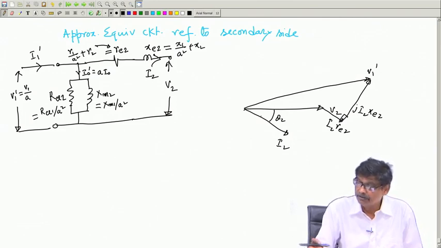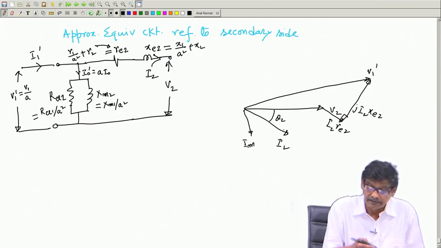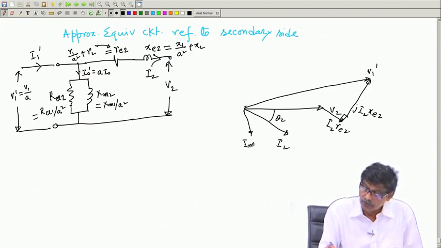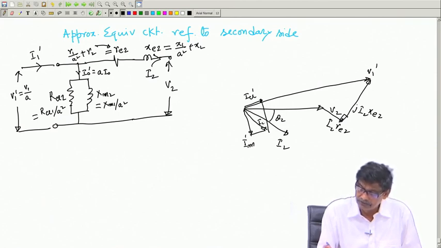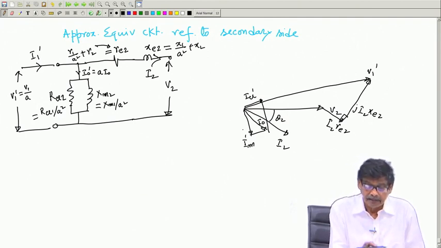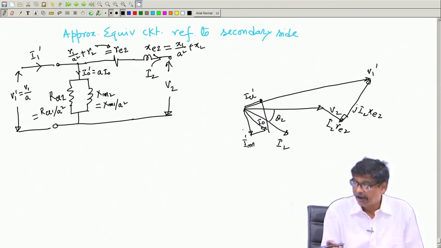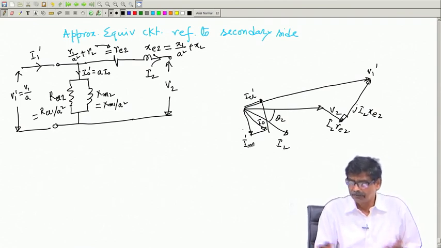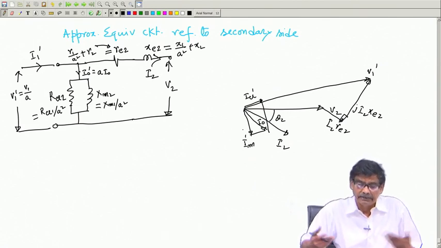and then you can fix up where your I naught will be, because V1 dashed by RCL2 will give you the core loss component of current, and V1 dashed divided by XM2 will give you the magnetizing current, I M dashed, I CL dashed. These two will give you the same stuff, I do not want to make it again. So, to I naught you add I2 to get I1 dashed and so on. I will not continue. This way it can be computed.